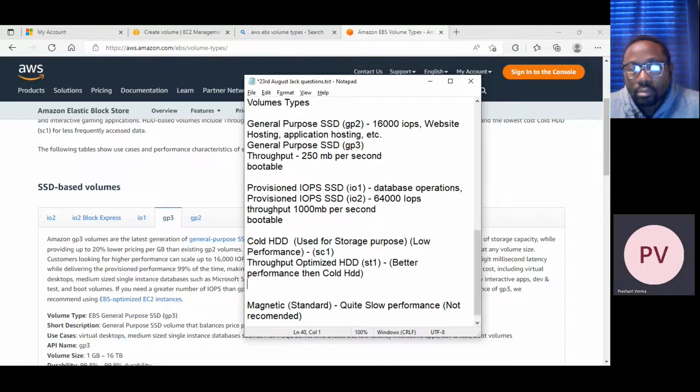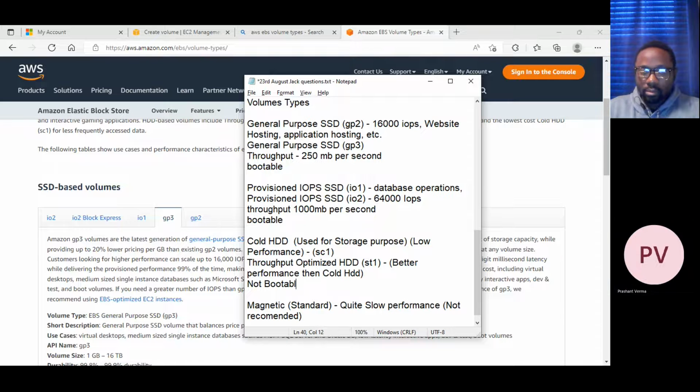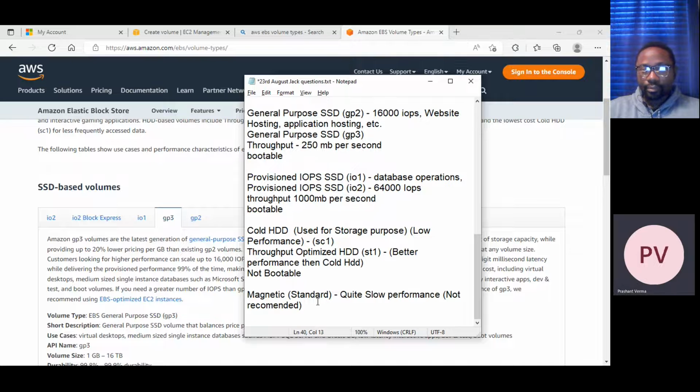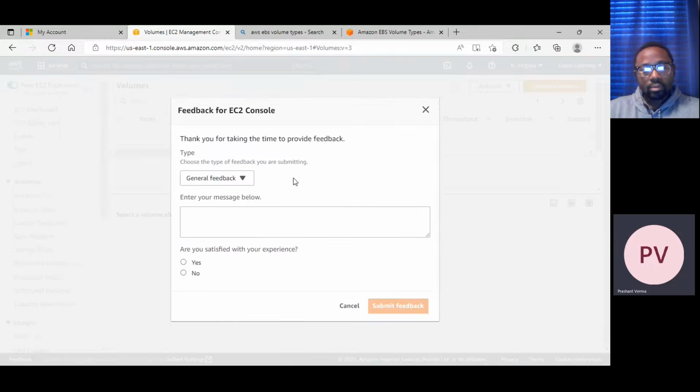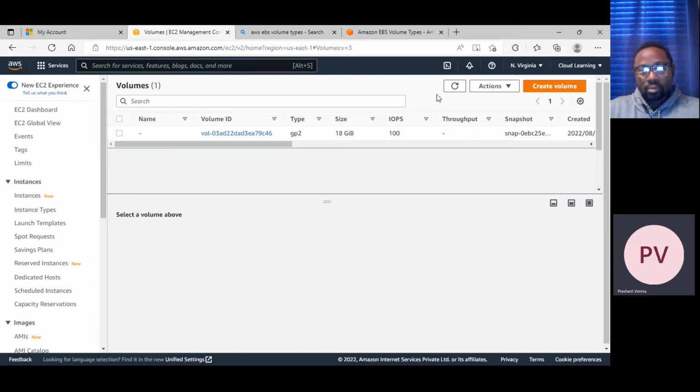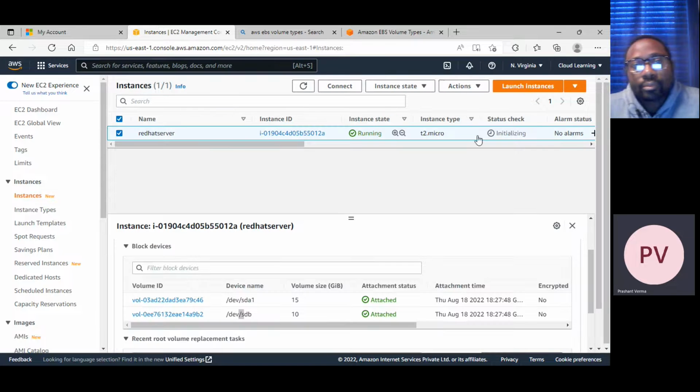This is STD, not bootable. It is not bootable. Okay, and this is bootable. So this is another difference. When you launch a server, what used to happen,